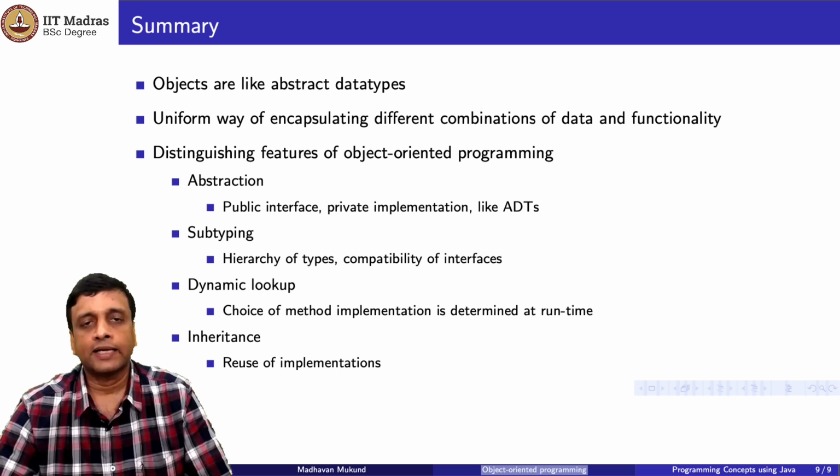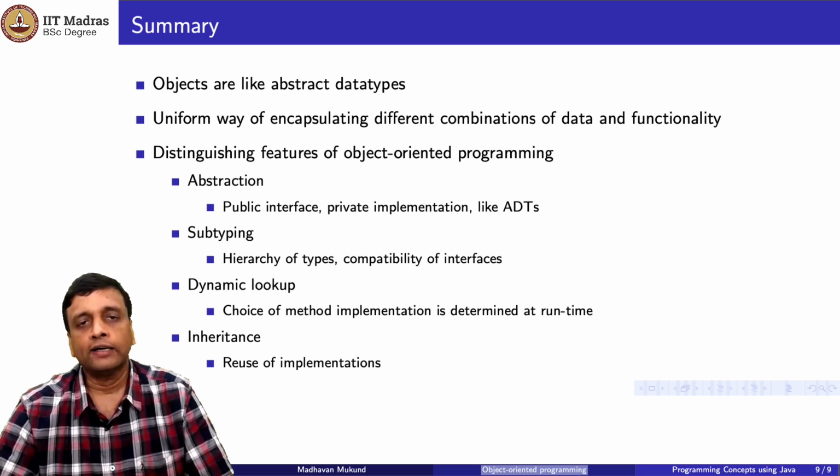So obviously objects have abstraction like an abstract data type. So you would like to separate out a public interface from a private implementation. But you also allow yourself to arrange these types in a hierarchy. And by allowing yourself to arrange these types in a hierarchy, you can talk about a variable of a higher type containing a value of a subtype. And this allows you to create this heterogeneous queue, for example, that is used in Simula.